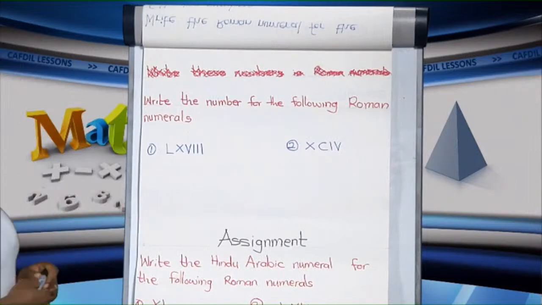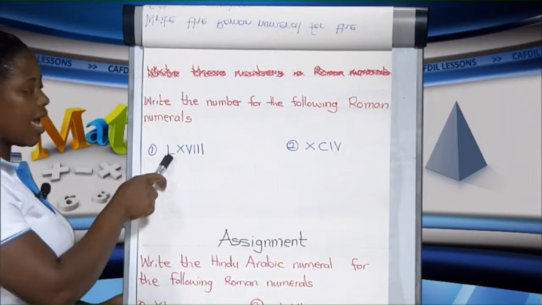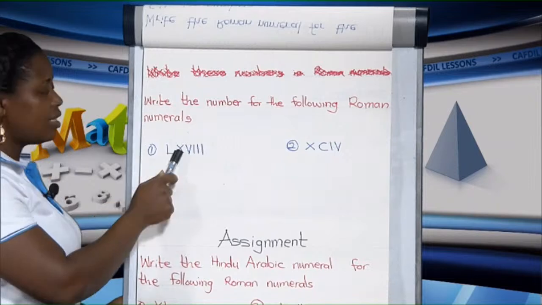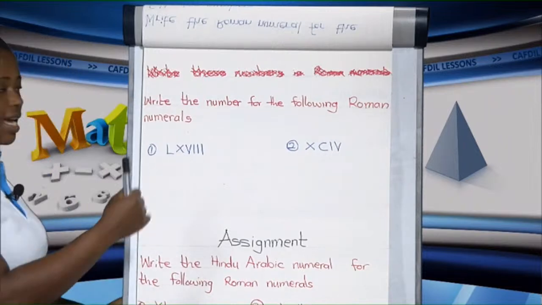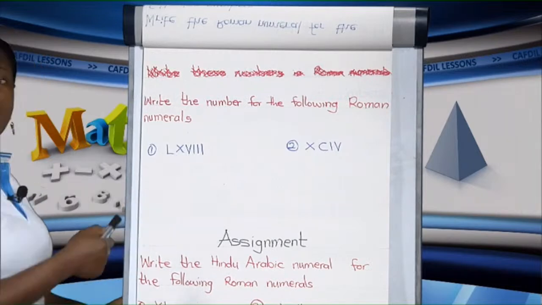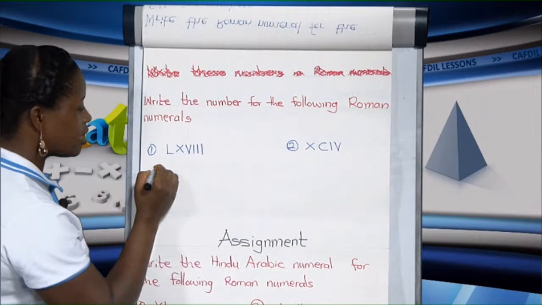Let's look at something here. This is 50. L is 50. Now the next numeral is XVIII. You see, it follows like that. This one is bigger than this. This is bigger than this, so we can add them. L is 50. So let's write our 50